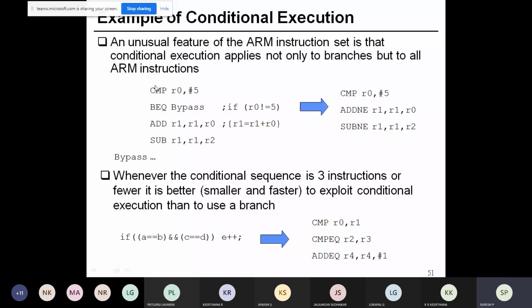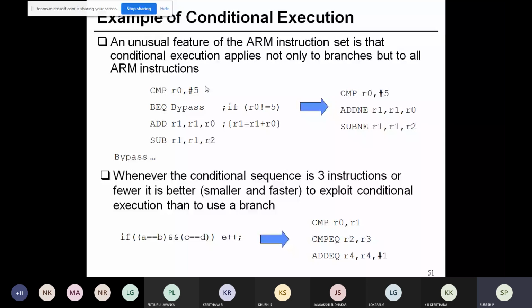The compare instruction is used only to set the condition flags. Keep in your mind that your CMP instruction is going to be used only to set your condition flags. So whenever you want to set the flags, first you have to execute the compare instruction. So when you do the compare instruction, it will be CMP R0, #5, for example. What it will do is subtract 5 from whatever value is stored in R0. So now,